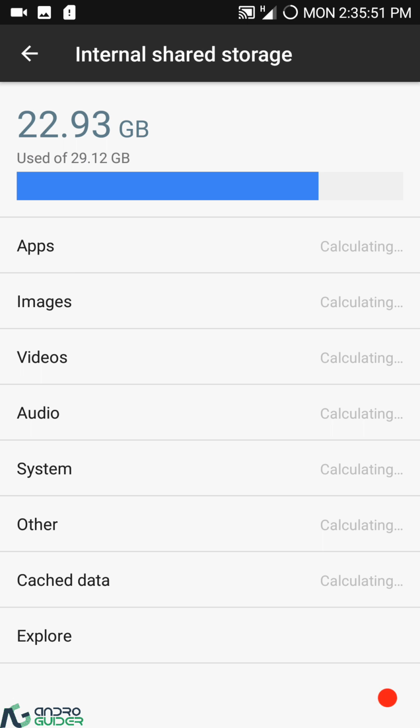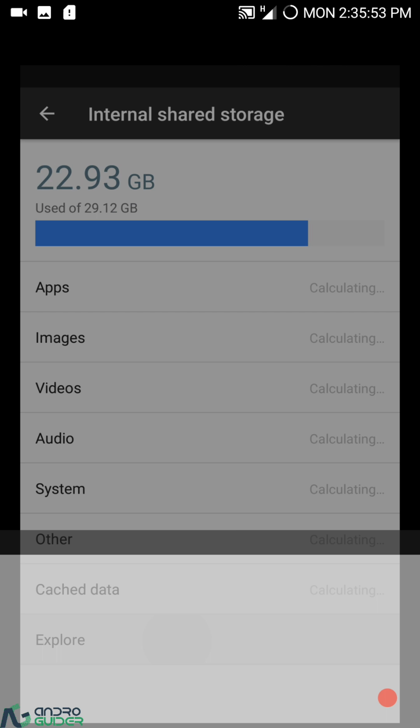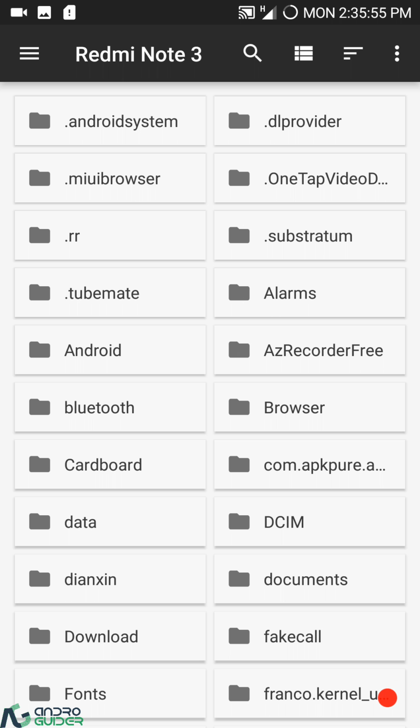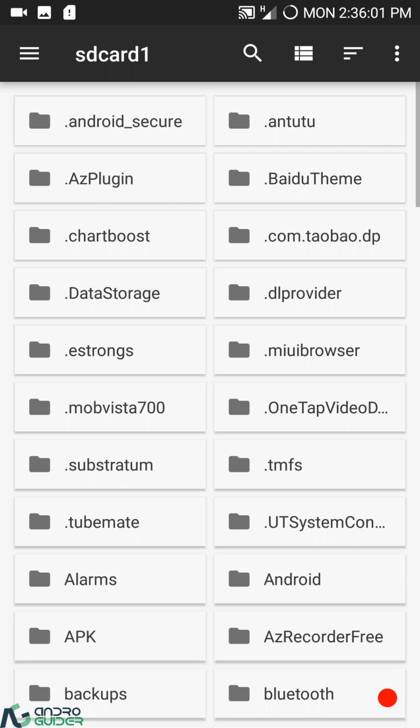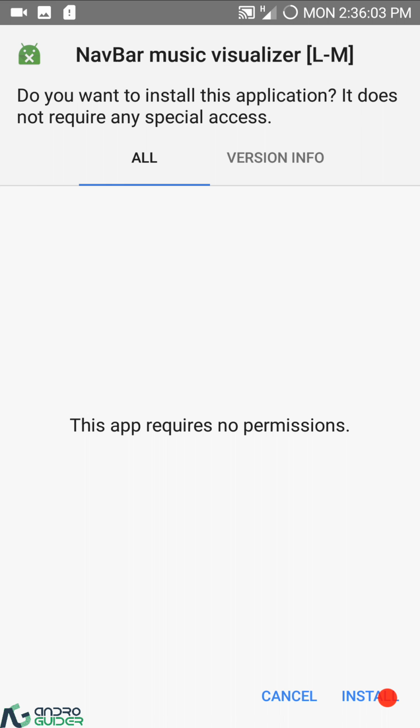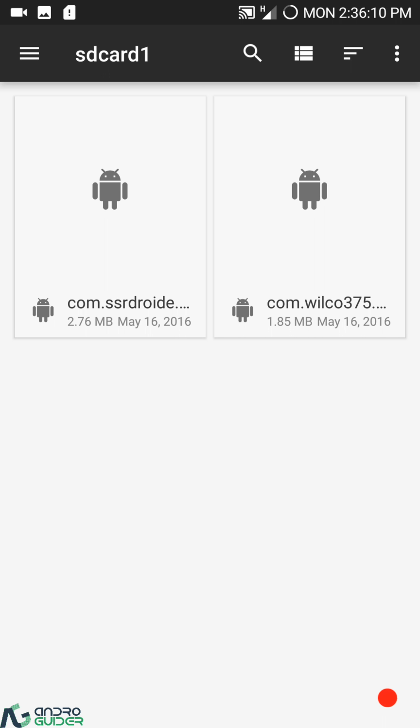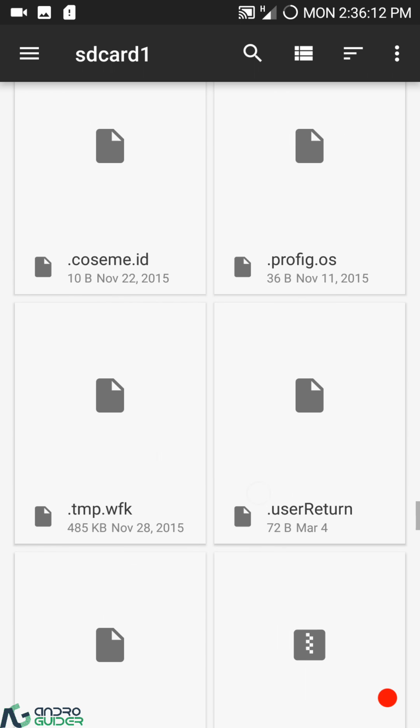So I have always mentioned this, that Android Nougat, the built-in file manager in Android Nougat, does allow you to install the APK files directly from the stock file browser. So as you can see, we can directly install any APK file from the stock file browser. And the stock file browser also